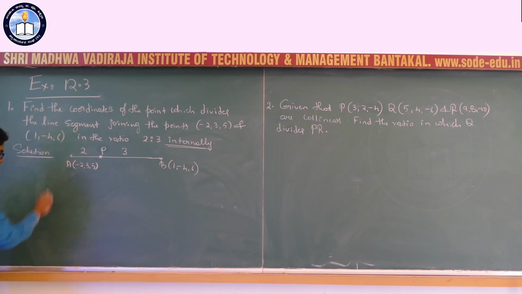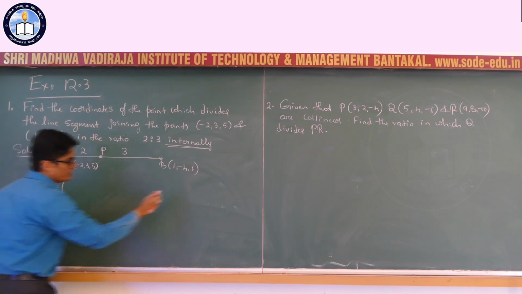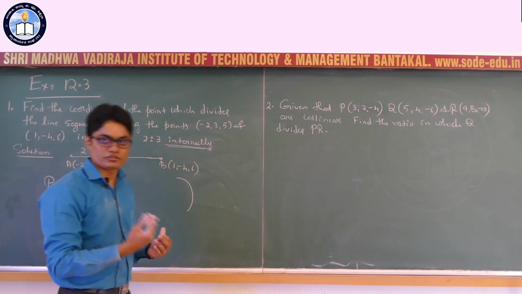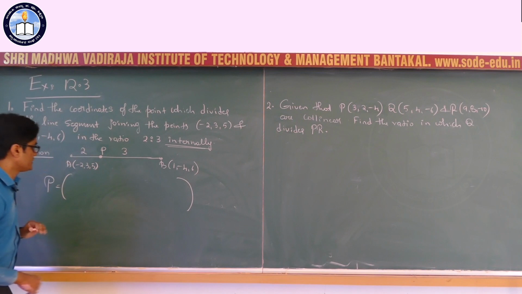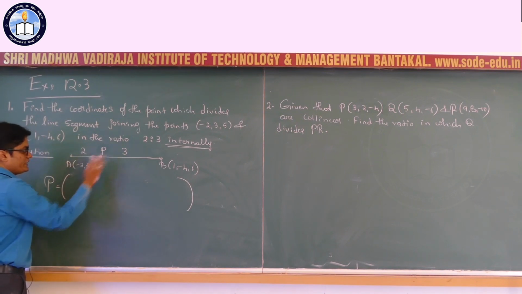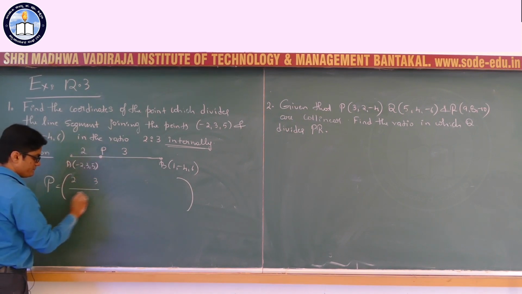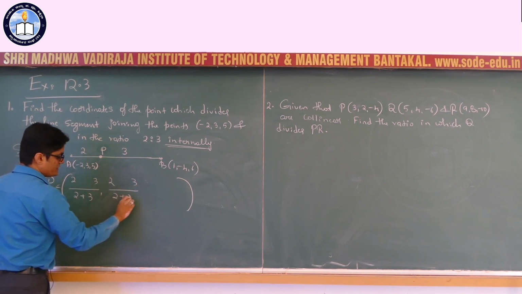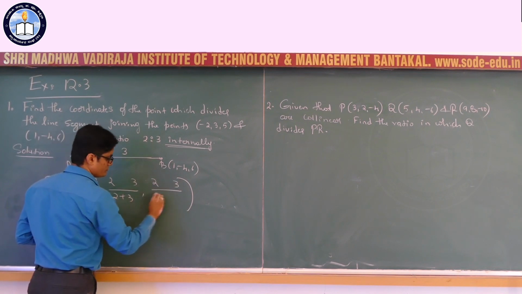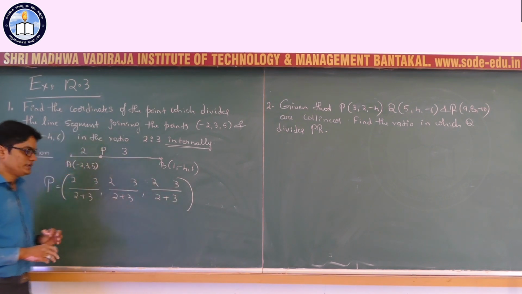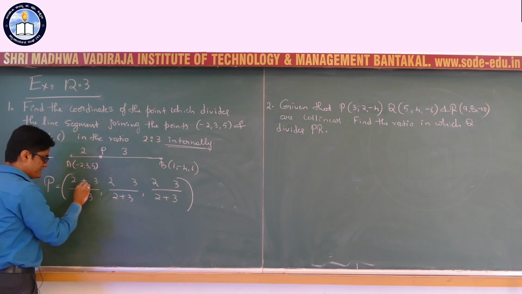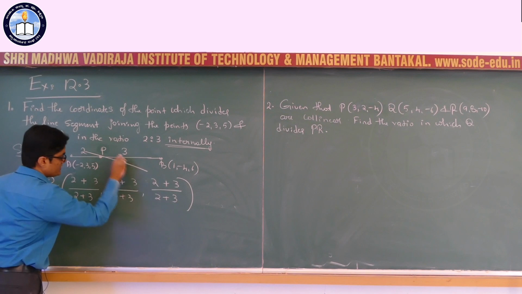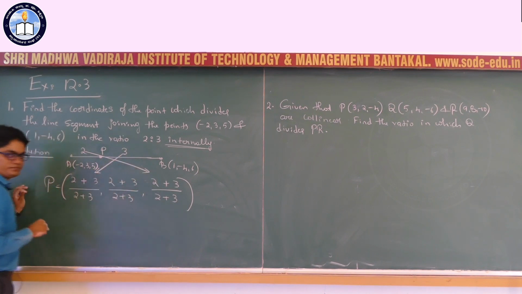So you know the section formula, right? I'll give you one easy method here. No need to write the formula, no need to substitute into it. Observe carefully. The ratio M and N, that is 2 and 3. Just write directly like this. If it is internal division, you know it is addition. In between you are going to write addition. Use this method, the cross multiplication method.